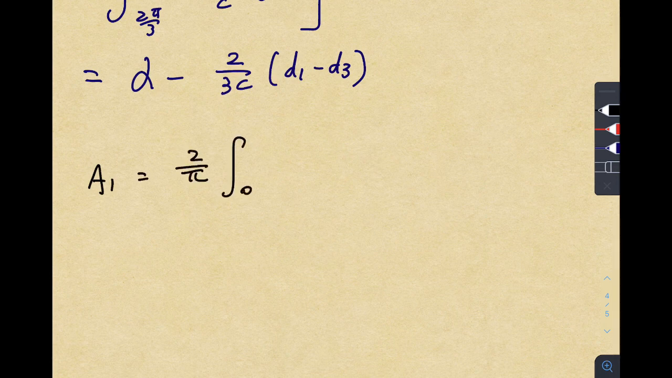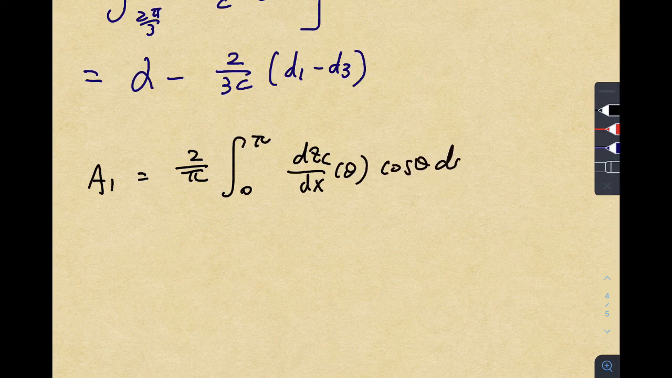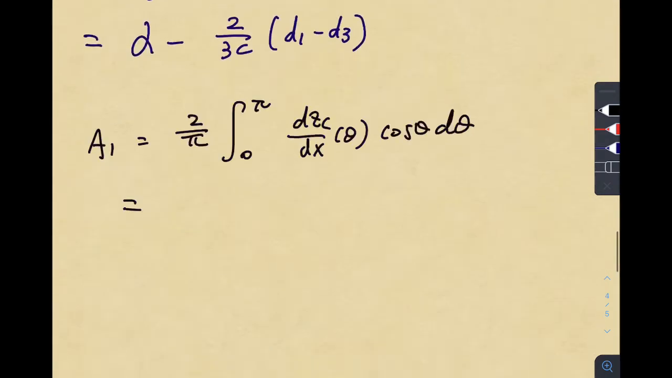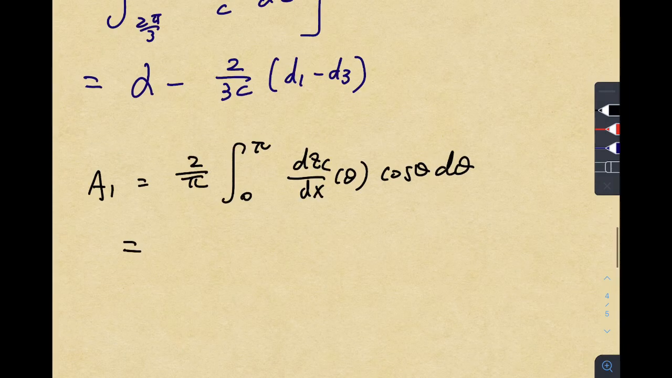For A1, following the formula, we have 2 over π, integrating from 0 to π, the slope as a function of theta, and cosine theta, dθ. Okay, still as before, we're actually going to just, because the slope only happens in the first segment, third segment, and fourth segment. Okay, so all you need to do is just do the very similar thing as before, and you can get the answer. I'm going to skip the answer here, and the answer would be